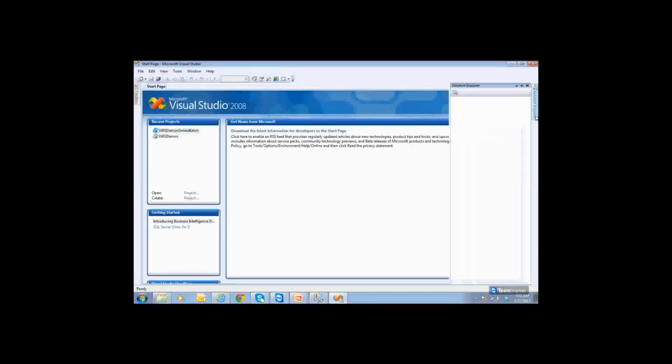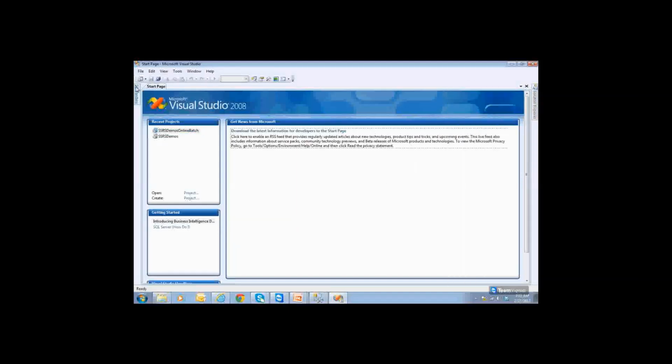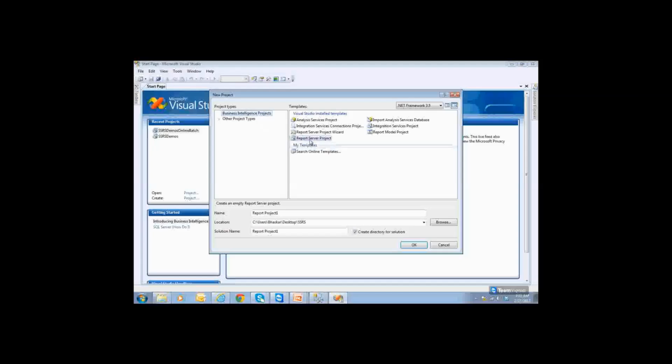A new report, go to Solution Explorer. Let me take a new project itself. File, new project. Choose the report server project. And so let me say